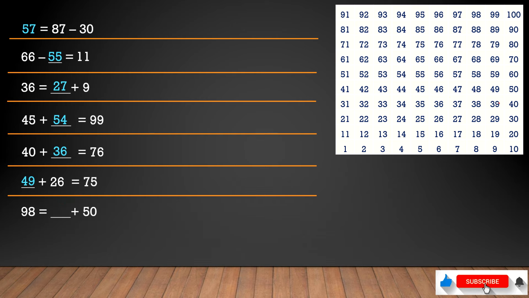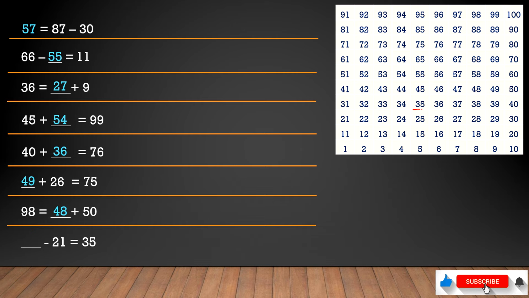Next example, in 50 how much do we have to add to get 98? Again we'll mark these two numbers. Here is 50, we want to reach 98. Remember, if we are reaching this number and moving left, it means we are subtracting 1 in each step. This is 50, this is 98. So 10, 20, 30, 40, 50, minus 1, 49, again minus 1, 48. We'll get 48.